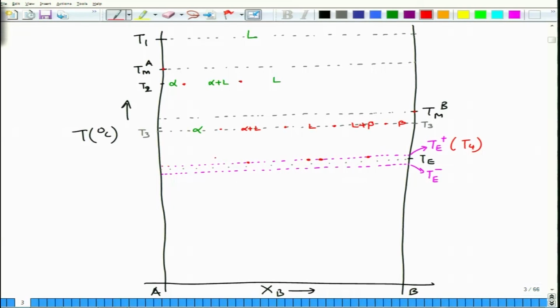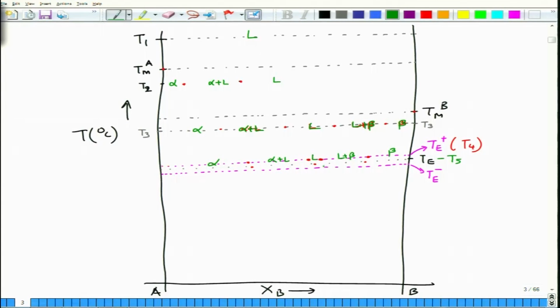So this is alpha plus liquid, liquid, liquid plus beta, beta. This is again alpha, alpha plus liquid, this is liquid plus beta, beta. And now we go to T5. So at T5 there is only one point for liquid, this is liquid, and this is alpha. Okay, so what we have here is